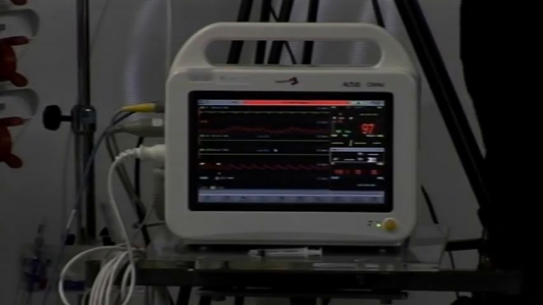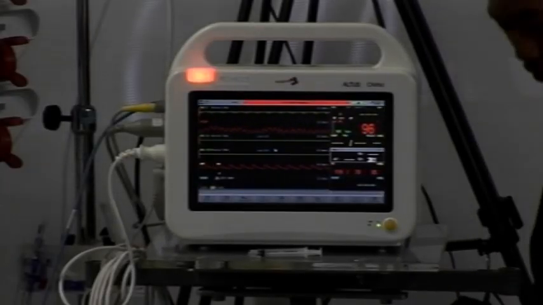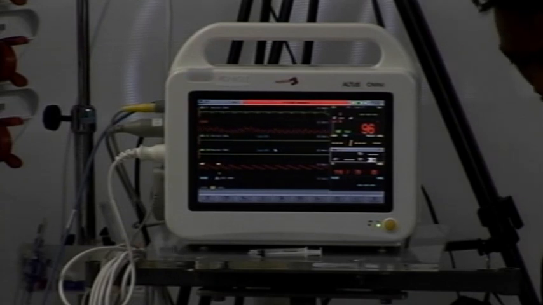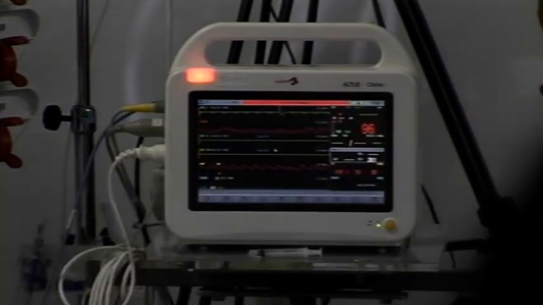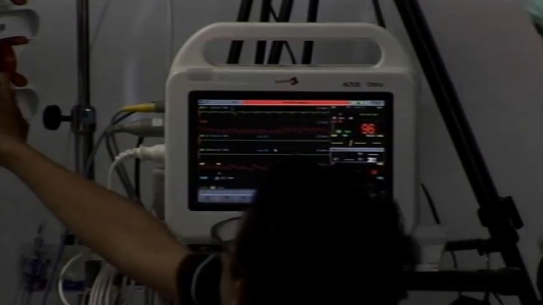And I have a look on the saturation to be sure that I'm not decreasing. As long as I keep a good oxygenation, so I'm in 22% oxygen here,